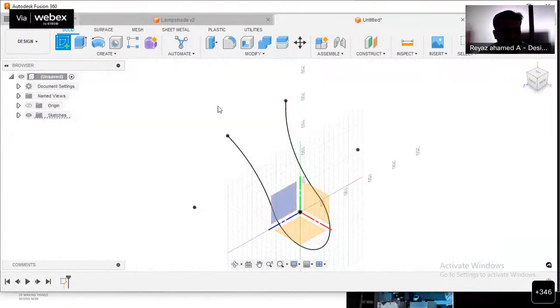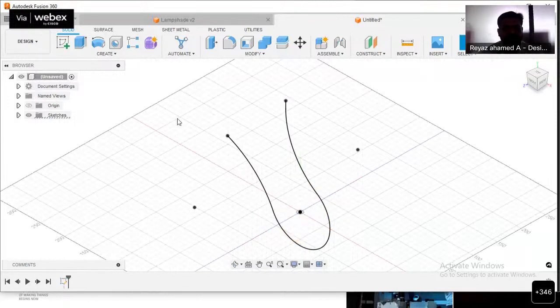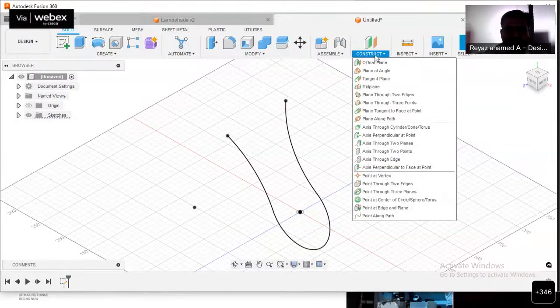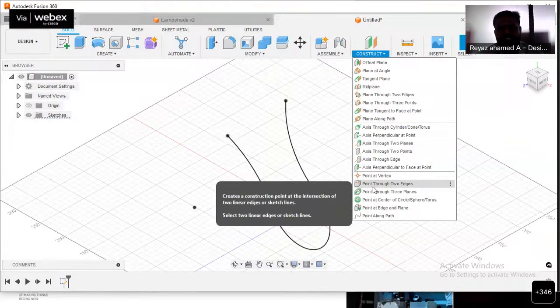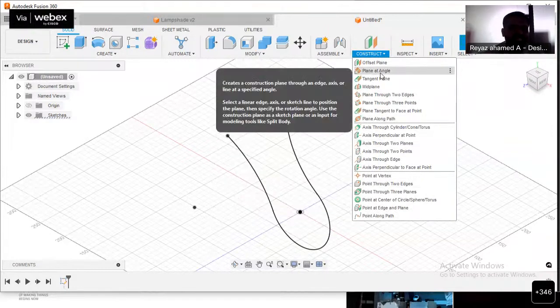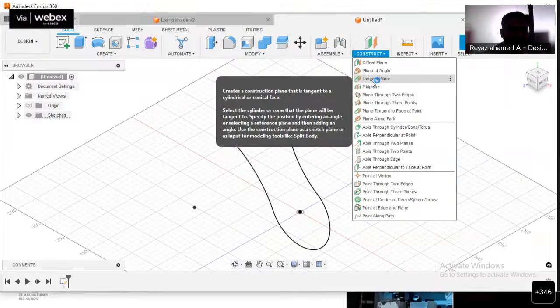So just click on the escape key. There is no plane at all at this point and then this point. So we have to create a plane. So how are we going to create a plane? See, there's an option called construct. There's a group called construct. If you click on this group, you may create plane, axis, edges, whatever things you need. You can go ahead with this.